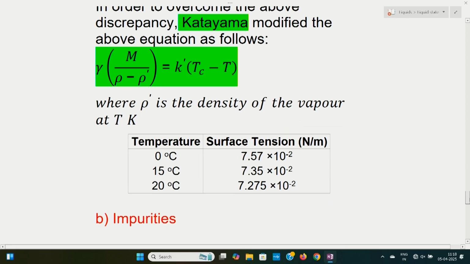Here we have one table which shows the decrease of surface tension as the temperature increases. At 0 degrees Celsius, the surface tension of water is 7.57 into 10 power minus 2 Newton per meter. At 15 degrees Celsius, it is decreasing, that is 7.35 into 10 power minus 2. At 20 degrees Celsius, it is again decreasing, that is 7.275 into 10 power minus 2. This is about